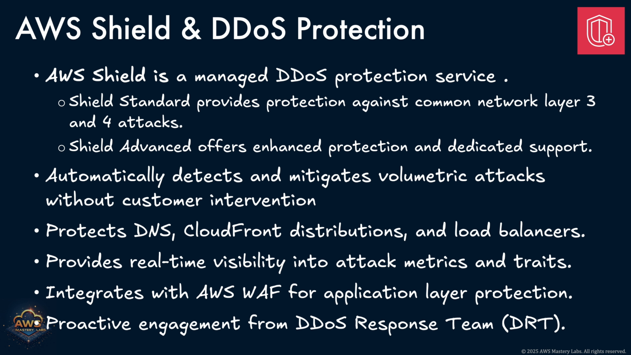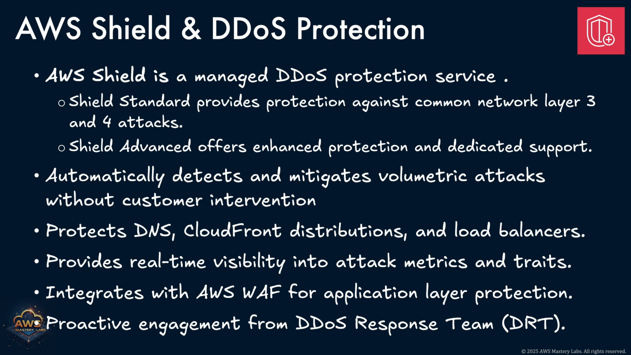To help protect against these threats, AWS offers AWS Shield, a managed DDoS protection service designed to safeguard your applications running on AWS. AWS Shield Standard is included automatically at no extra cost and provides protection against the most common types of DDoS attacks at Layer 3 and Layer 4, the network and transport layers. This includes protection against SYN floods, UDP reflection attacks, and other high-volume traffic patterns that could otherwise bring down your